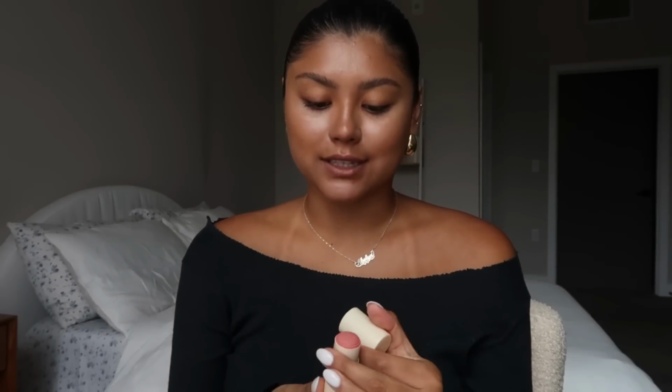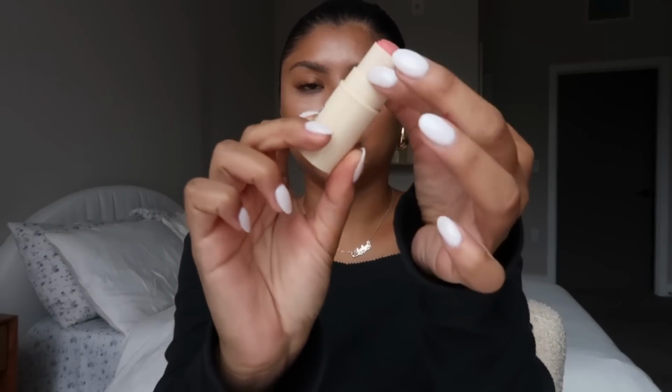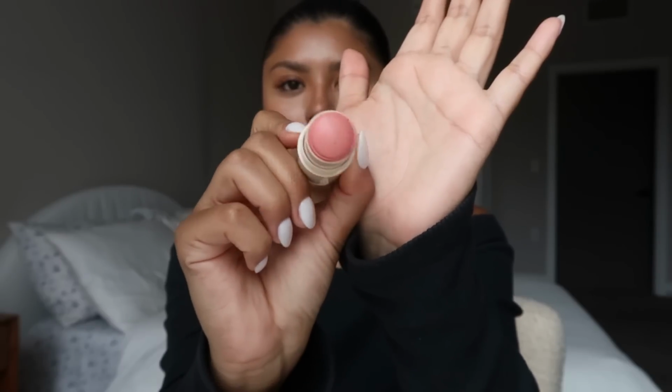I'm gonna move on to blush. So I'll show you my 3 favorite blushes as of late. First, we have the new Glow Sculpt by Say Beauty. It is in the shade Peach Glow. Next, if you guys live under a rock, my best friend Sarah came out with a blush for the summer. It is in the shade Bloom. You can see it's so pretty. I wore this on my TikTok yesterday,